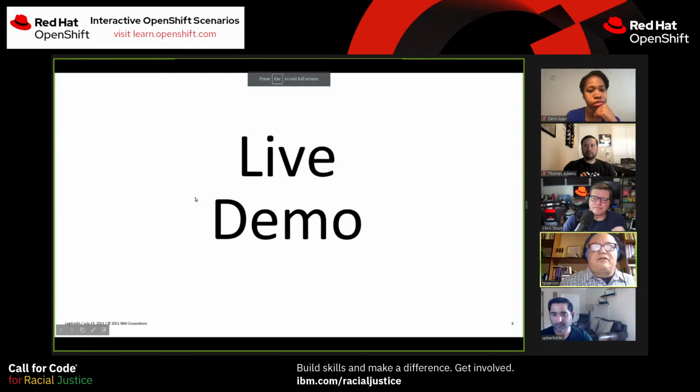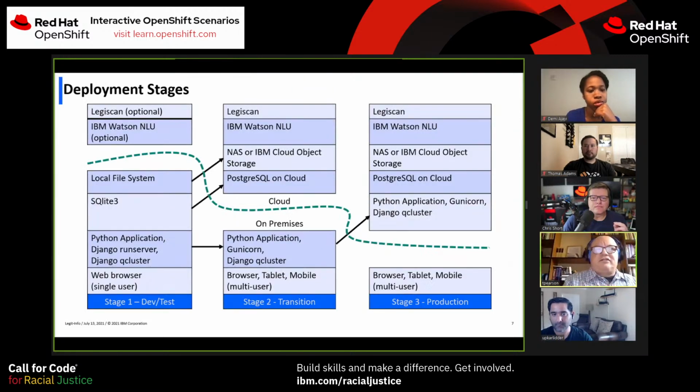and I think I'm going to hand the torch. I'm going to talk this chart, and then I'll hand the torch over to Upkar. But what we ended up doing was we had 3 stages for deployment. The first stage was for development and test. We tried to keep it simple so it could run on a local file system with a very simple database, SQLite 3. The application is written in Python, has a single user run server that's built into Django, and Django